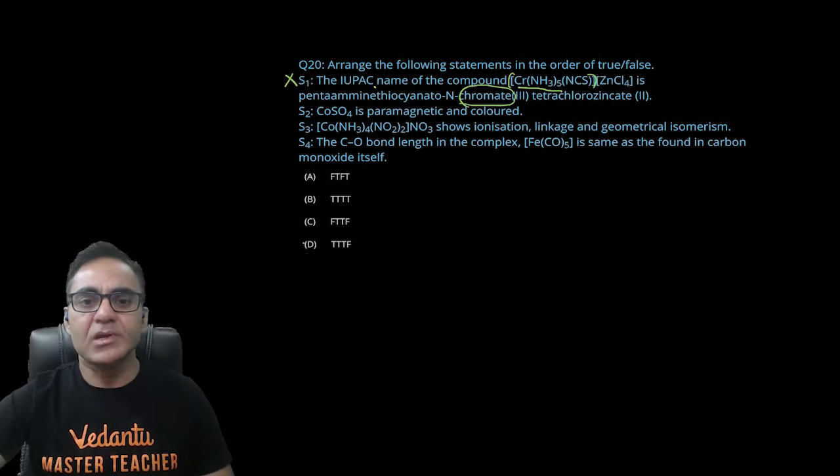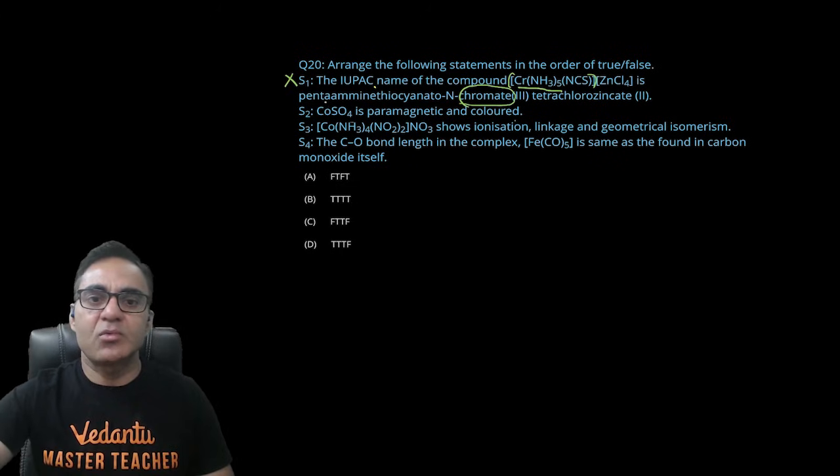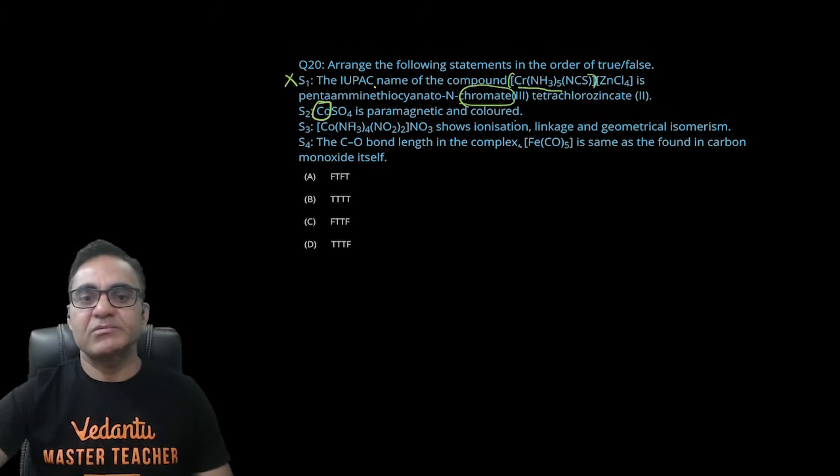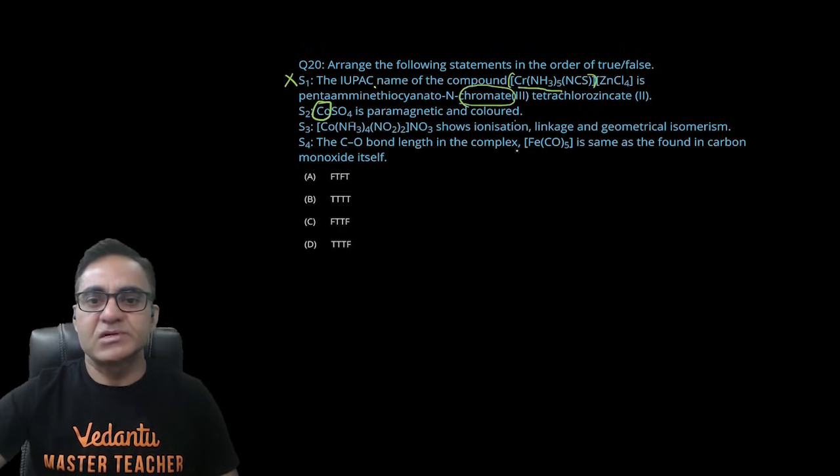ठीक है. CoSO4 इज पैरामैग्नेटिक एंड कलर्ड. ये मुझे ट्रू लग रहा है, क्योंकि कोबाल्ट d7 होता है, और d7 में अनपेयर्ड इलेक्ट्रॉन तो होगा ही होगा, तो पैरामैग्नेटिक भी होगा और कलर्ड भी हो जाएगा बिकॉज ऑफ एक्वस सॉल्यूशन बीइंग हैविंग d-d ट्रांजिशन. तो फॉल्स हो गया, देन ट्रू हो गया।